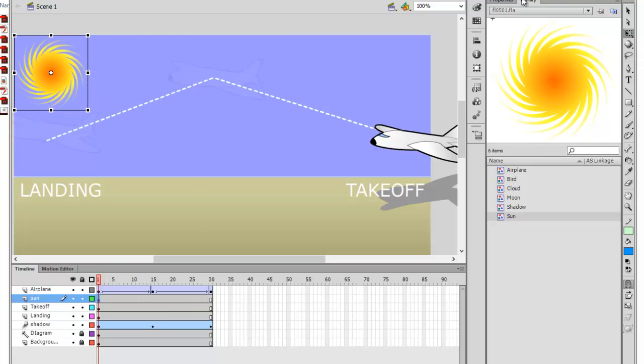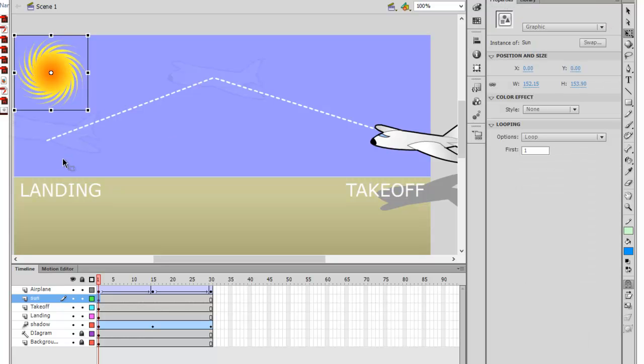The next thing that we're going to point out about this particular sun is we can have it spin, which is pretty cool. Now you'll notice that right now, if I turn on my selection arrow and select the sun on the sun layer, you'll see the choices here for the symbol object are simply the same as they were for some of our other examples, such as the snowflakes and the snowman and other chapters. This is where your tint and your alpha are located. But what we want this to do is to spin around. And if you choose to do the looping right here, it's not going to give you the properties that you're looking for, unfortunately. So let me reiterate, if you're going to have the sun rotate around itself,